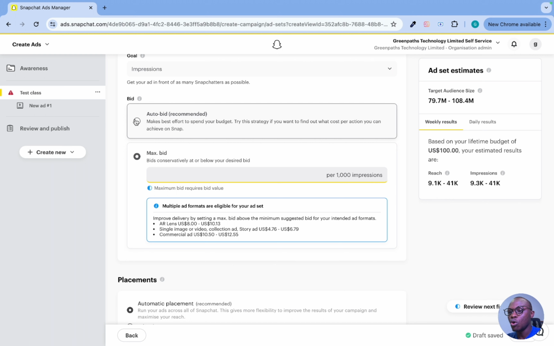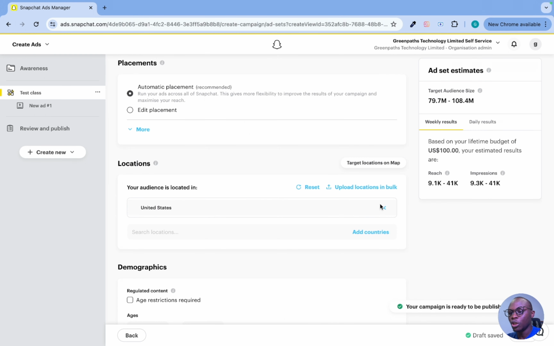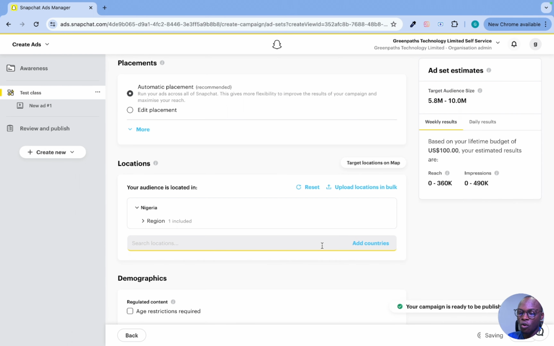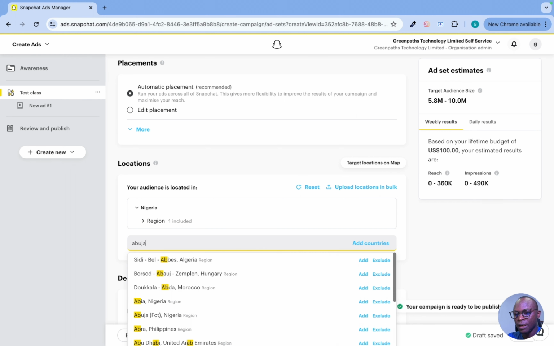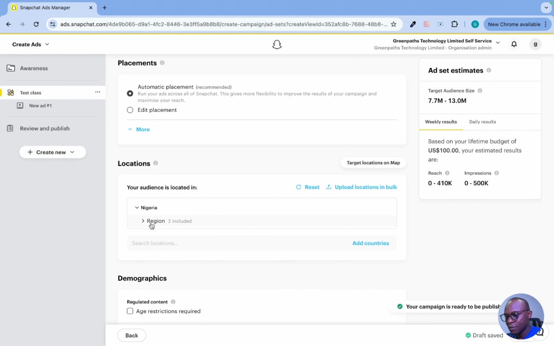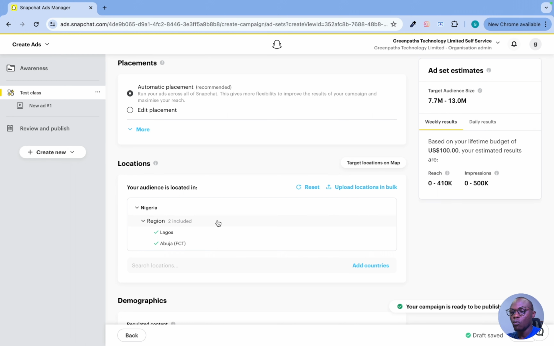So this is location, right? If I want to run an ad, the default that is always on this account is always United States of America. Now there are two ways you can select where you want to run your ad. The first way is to pick it by region. If I pick it by region, I can look for all the regions that I want to run, say Abuja, and add. However, I do not use this format